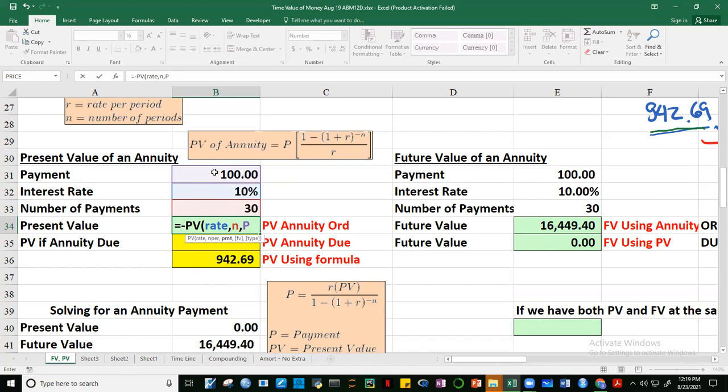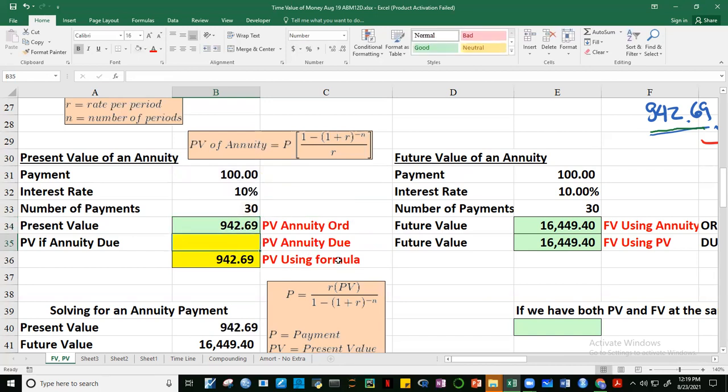Yun yung PMT natin, ito. Okay, and then ignore the future value. And since this is annuity ordinary, you type 0. Or pwede natin ignore yung 0. No? We'll also get 942.69. However, guys, if it's an annuity due, pag annuity due, di ba, negative PV,